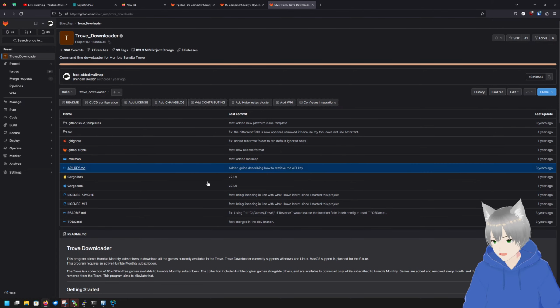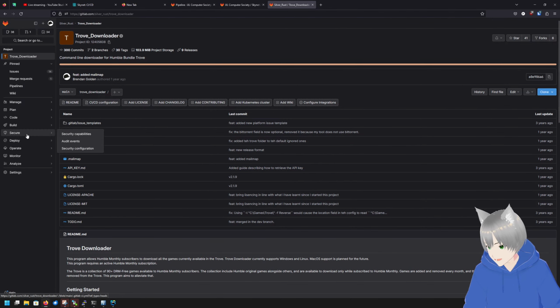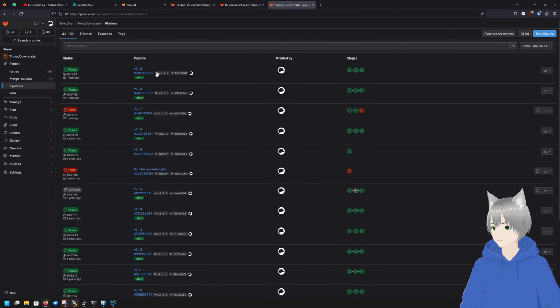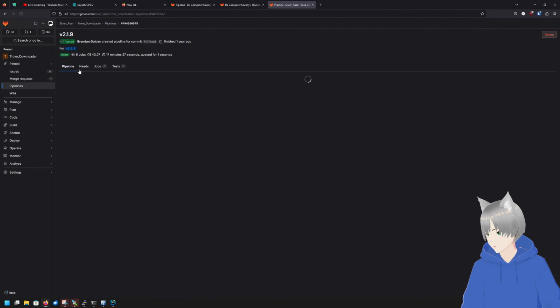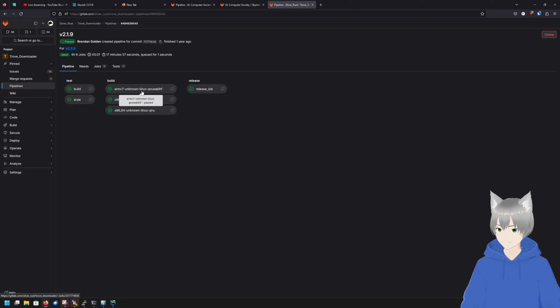It works fairly well, but one of the key parts was automatically bundling binaries because I was just a random guy on the internet. Who the heck would trust me to not put malware into it? So it automatically builds the three types of binaries, the Raspberry Pi, the Windows, and the Linux, and then it releases them.